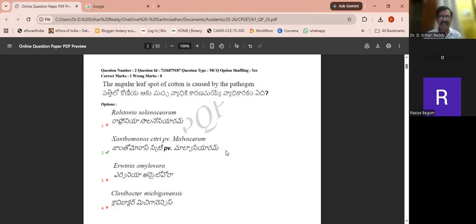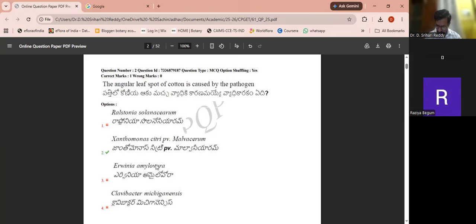Okay, citrus canker is there, and angular leaf spot disease is there, and blight of paddy is also there. So blight of paddy is also caused by Xanthomonas, but that is Xanthomonas oryzae. The angular leaf spot of cotton is caused by Xanthomonas citri pathovariety malvacearum. That you have to know. And here some other pathogens are also given, Erwinia